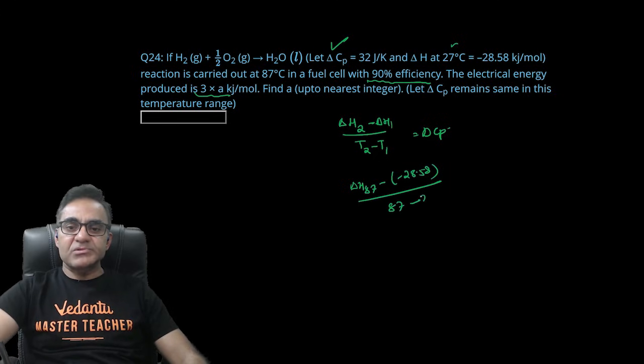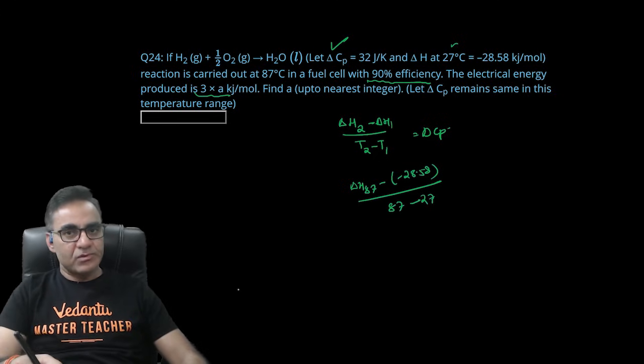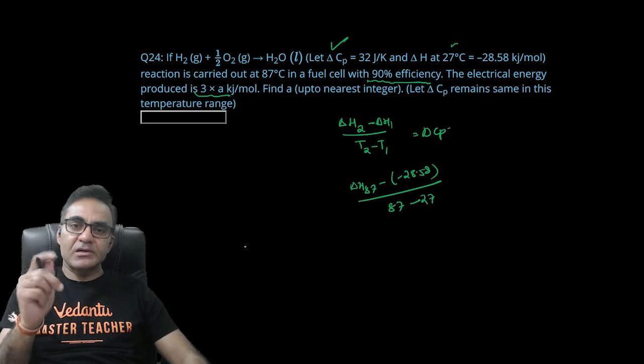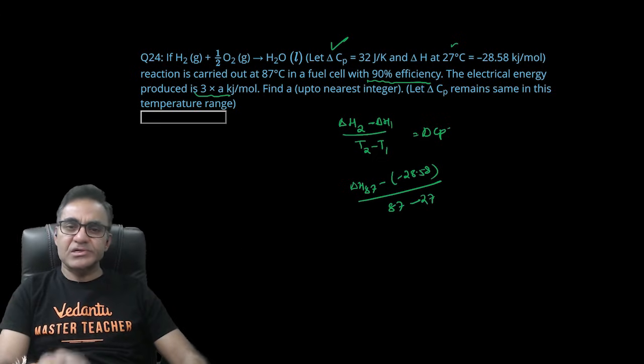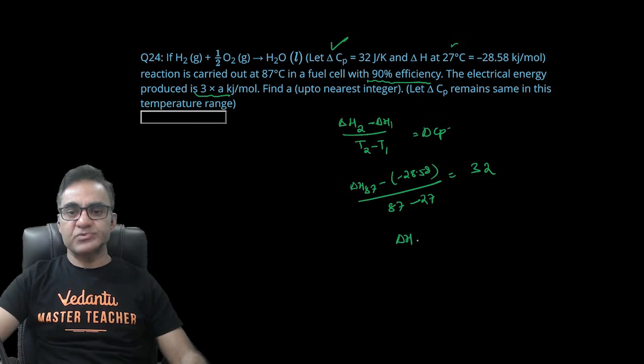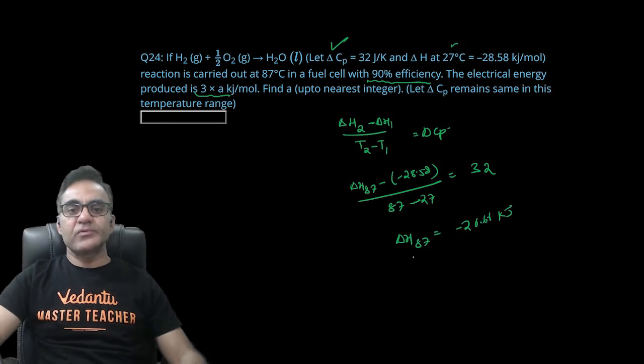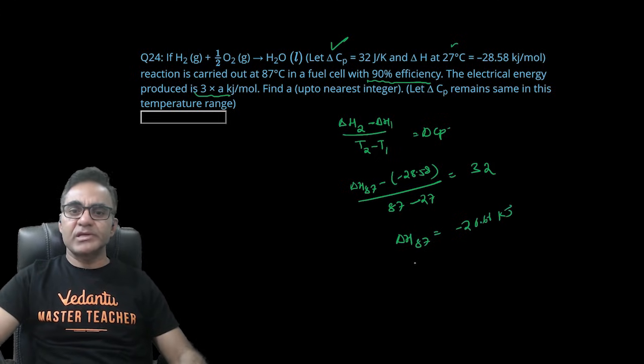मैंने डायरेक्टली 87 ले लिया, वैसे तो केल्विन में कन्वर्ट करके लेना होता है, बट जो डिफरेंस आएगा ना केल्विन का टेम्परेचर का और सेंटीग्रेड का टेम्परेचर का डिफरेंस सेम रहेगा, इसलिए मैंने सीधे लिख दिया ये। तो यहां से ΔH की जो वैल्यू आएगी वो आएगी रफली माइनस 26.66 किलो जूल, राइट।